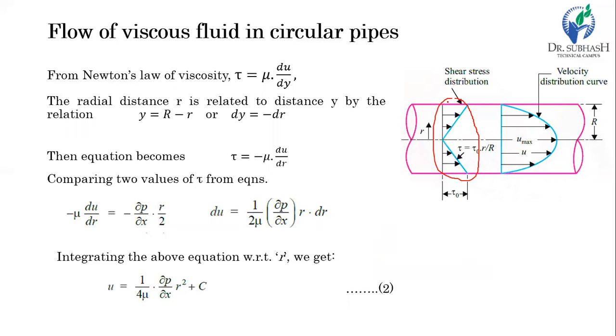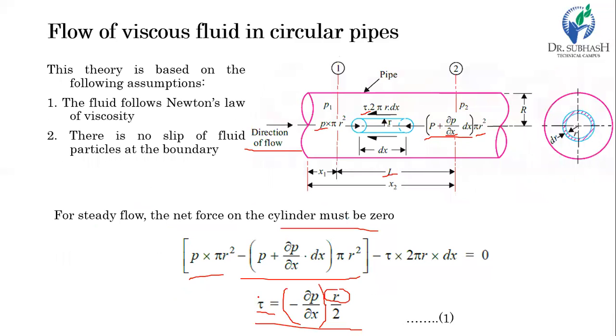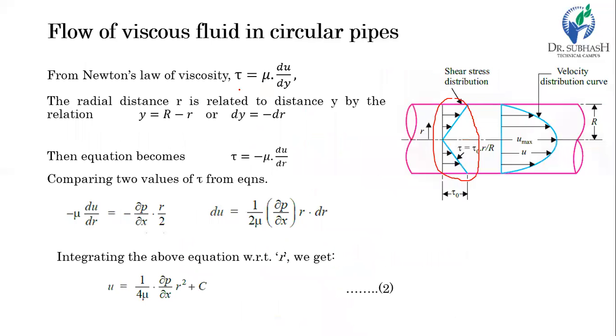So this is the shear stress variation in the pipe when viscous fluid is flowing in the pipe. So now let's try to derive the equation of velocity from the relation we previously got. Previously we got the equation tau equal to minus del P by del x into r by 2. So after removing this tau and putting the relation between tau and velocity, we get the relation between velocity and radius r. To replace this tau, we have to use Newton's law of viscosity, tau equal to mu into du by dy, where tau is the shear stress, mu is the dynamic viscosity, and du by dy is the rate of shear strain, or simply the velocity gradient.